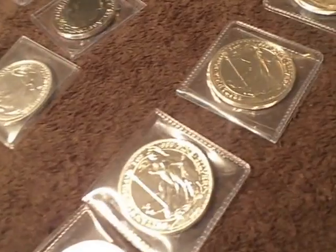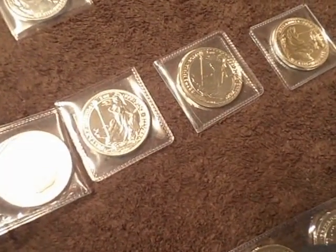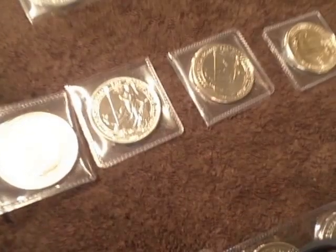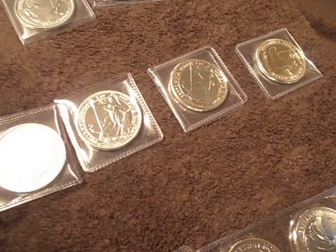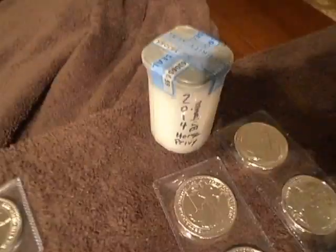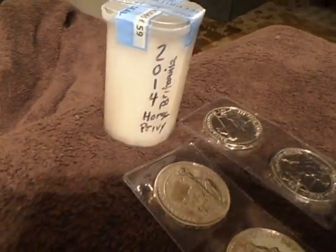I'm actually waiting for a 6th one right now because I have one, like I said, put away. These 4 make 5, and a 6th one's on its way. As a matter of fact, it's in my Provident order that I'm waiting on. So that's it. To complement my 2014 horse privies, I ended up going on Gainesville Coins because I found